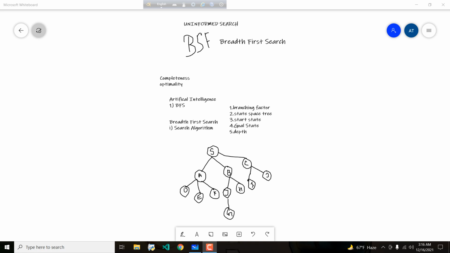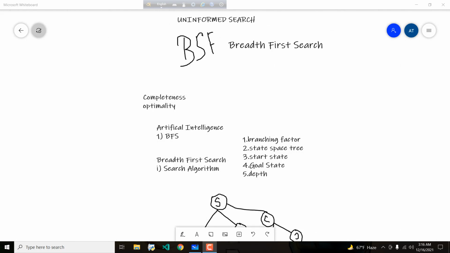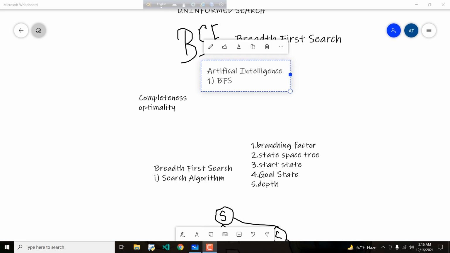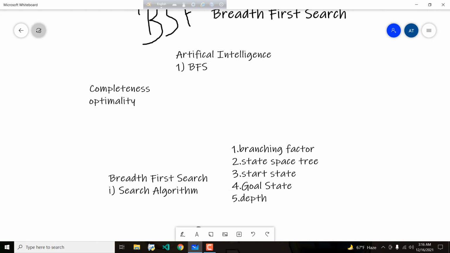Today I'll be covering this topic, which is breadth first search, or BFS. It's an uninformed search, and it is a searching algorithm that we use in AI. So the things that we need to remember is this BFS algorithm is useful in terms of AI, and the things that we need to remember in terms of